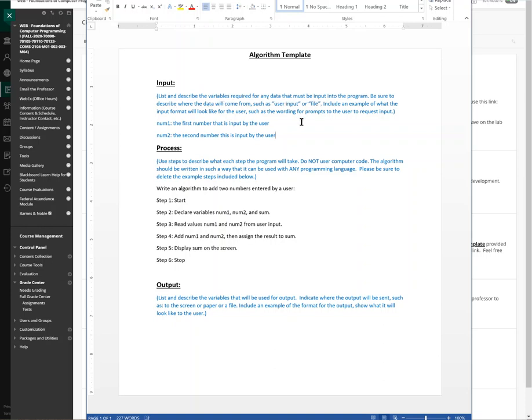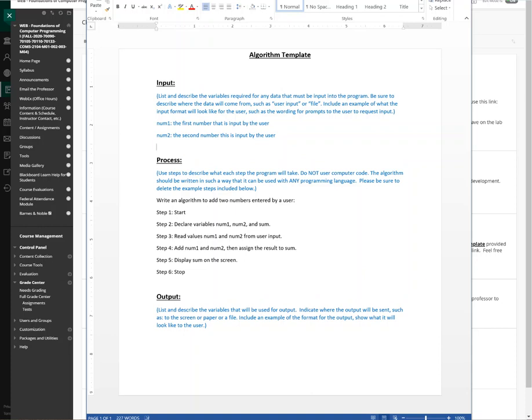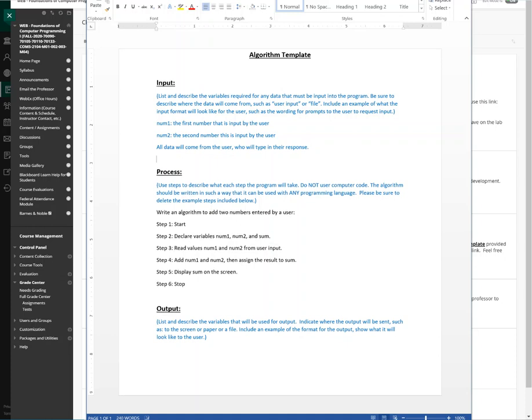So underneath where I describe my variables, I'm going to put all data will come from the user, who will type in their response. Would every program have this for the input? No, some programs might say input will come from a data file. So you have to describe where the input into my program is going to come from, and then you put the input format. This is your title, and I'm going to underline that,